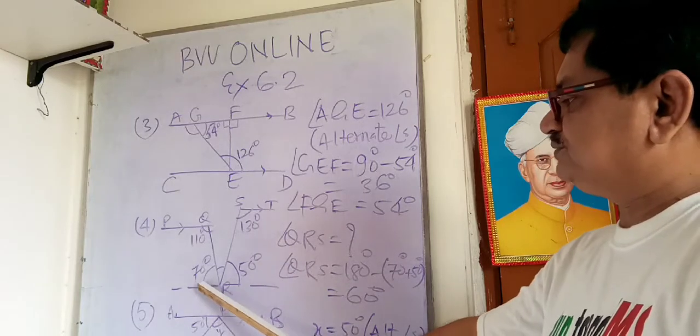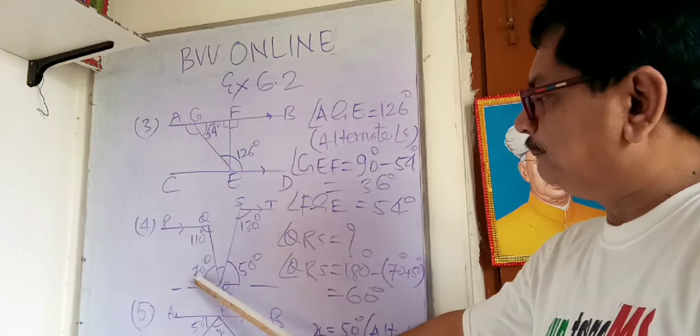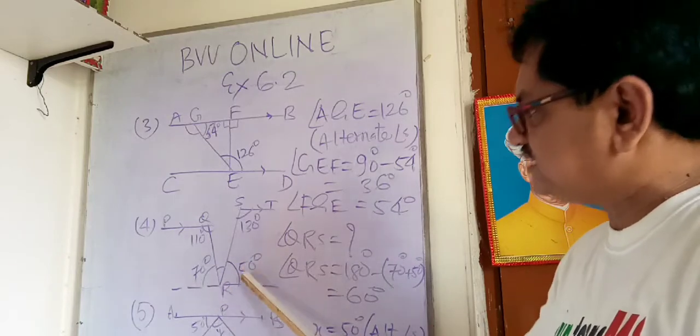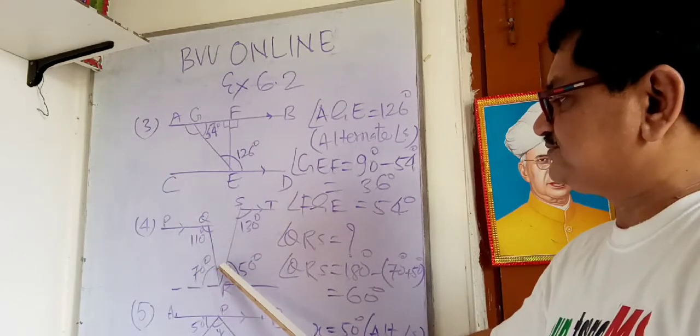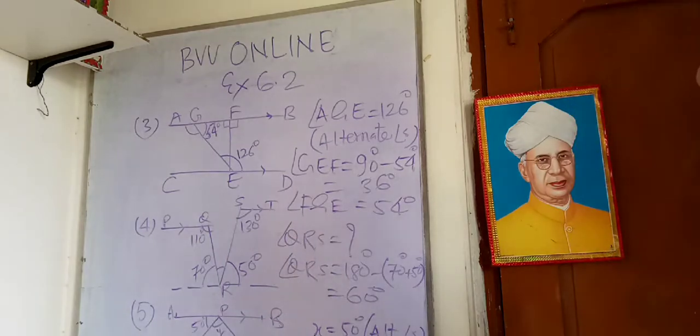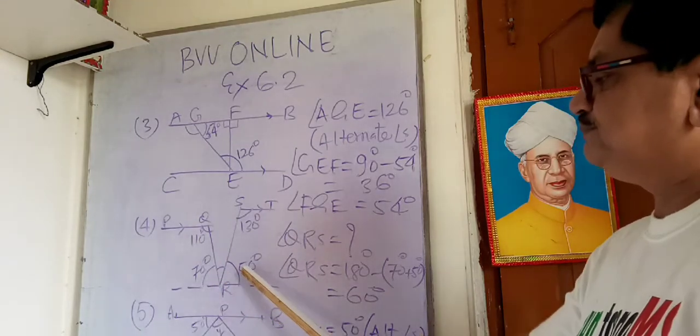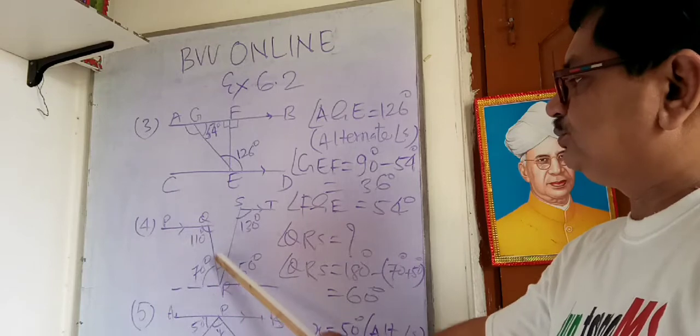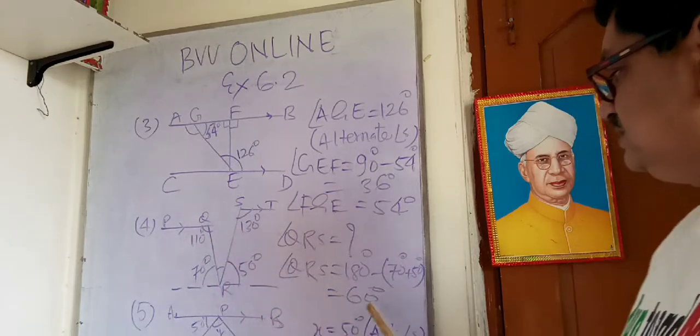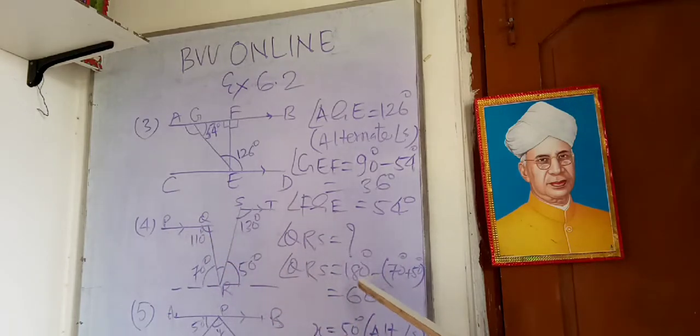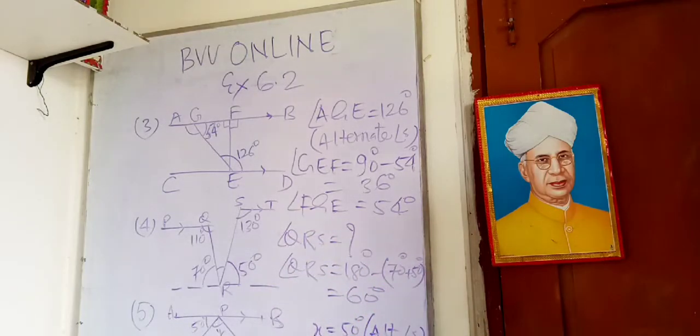Now we have got adjacent angles here, a complete straight angle. So 70 degrees plus this one plus 50 degrees should be 180 degrees, no? So 70 and 50 is 120 degrees, and now the remaining QRS will become 60 degrees. Here I have written 180 degrees minus (70 plus 50), means 180 minus 120 equals 60 degrees. So this way question 4 comes to completion.